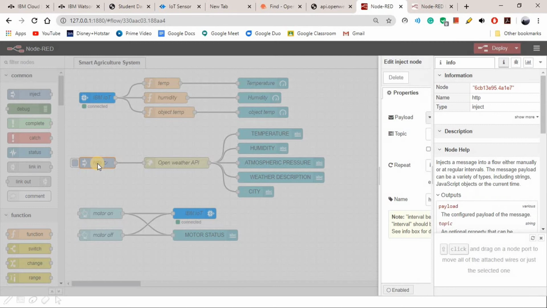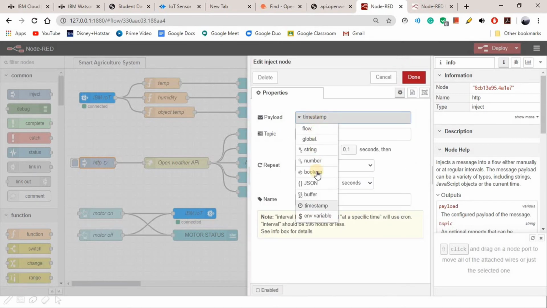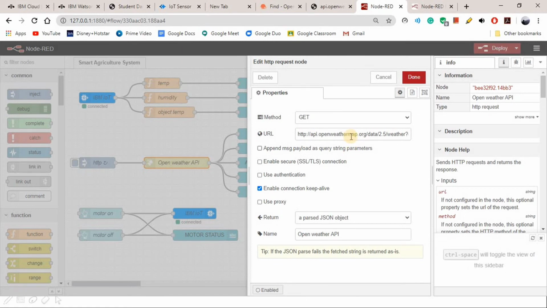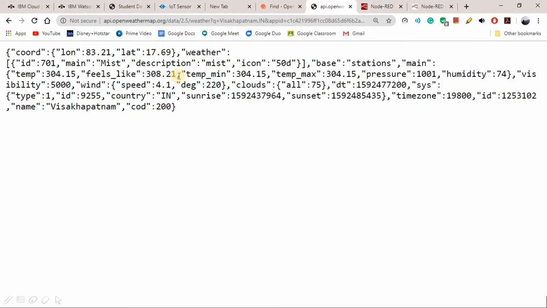Now this is the inject node. This has the payload type as timestamp. For every 8 seconds, the URL was highlighted. This was the URL from which this data was coming.